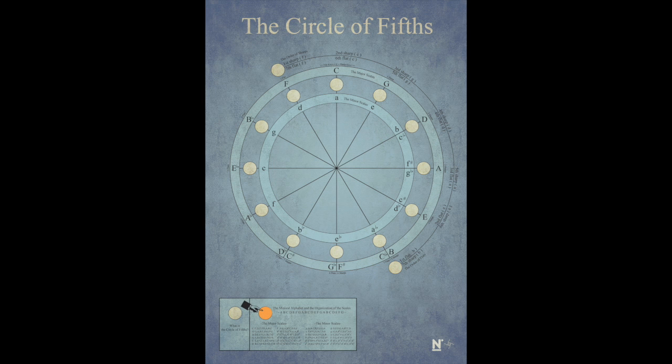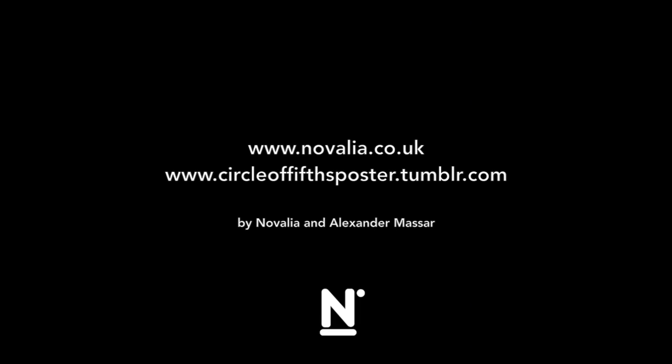The musical alphabet is made up of 7 special tones. These tones have been named after the first 7 letters of the English alphabet and repeat indefinitely to create the musical alphabet. A, B,